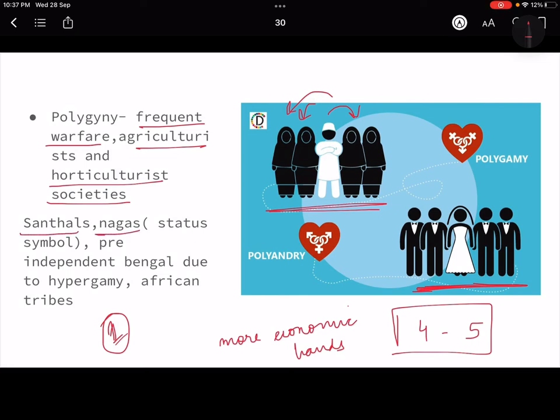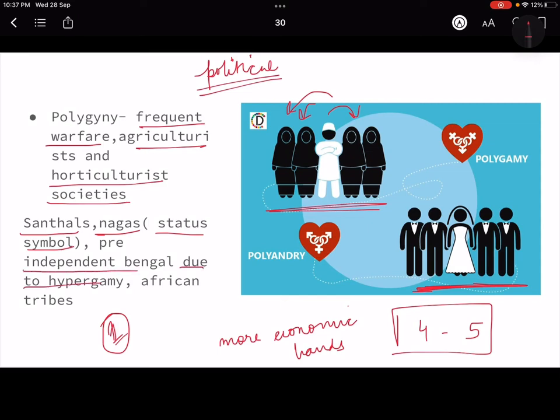Then Nagas. For Nagas, it is purely a status symbol, like having too many wives is a status symbol there. Like in the old times also, the kings used to have so many wives for political reasons, right? There were political reasons, and then territorial expansions and diplomatic relations, status symbol, and in pre-independent Bengal due to